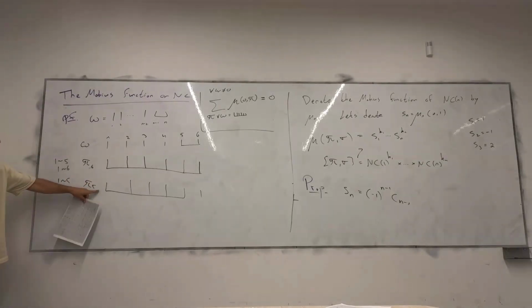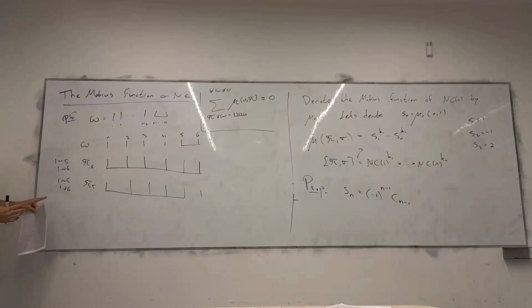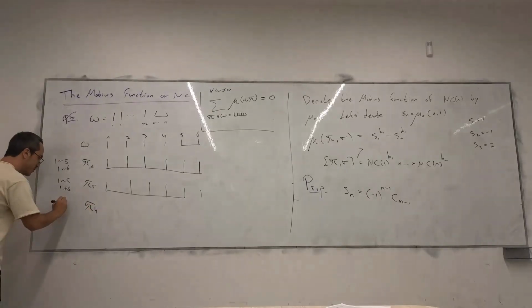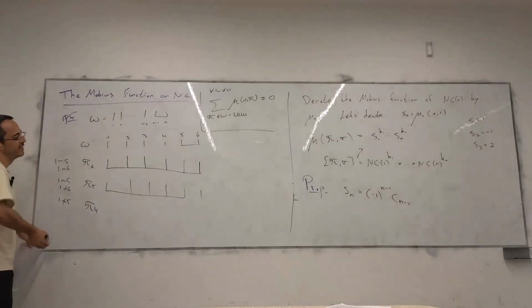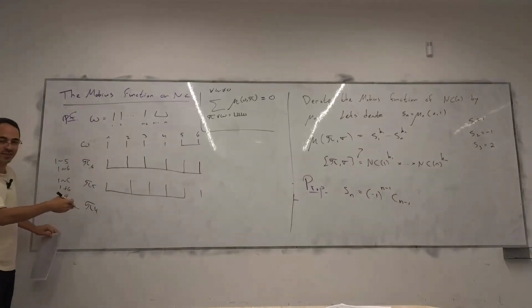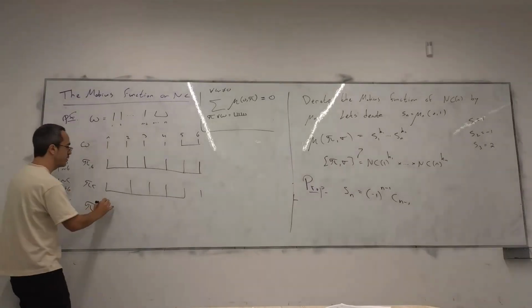So let's continue. We are done with the case that 1 is connected to 5. Either it's connected to 6 or not, but there are no other options in which 1 is connected to 5. So 1 is not connected to 5 in all the other solutions. So I'm going to call it pi 4, and 1 is not going to be connected to 5. So let's assume it's connected to 4. That's why I call it pi 4. It's the smallest one it's connected to. So let's say I'm connected to 4.